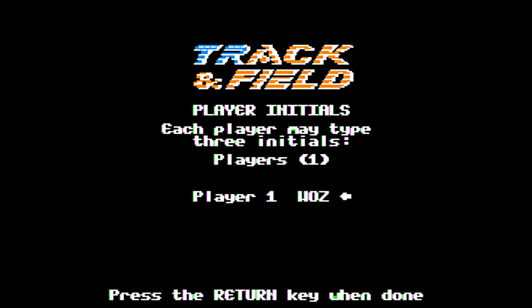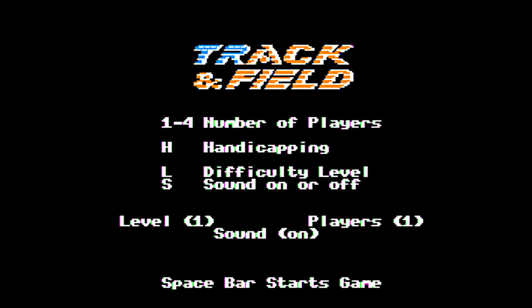So I'm not sure if there's any way to map a jump into this game, or if you need to actually just write a Game.io adapter for MAME, for example, if you want to get the full Track and Field experience. Anyway, let's hit return to get into it, and space, just to be sure here that we're getting into Track and Field.